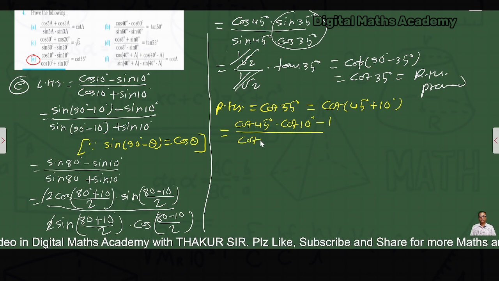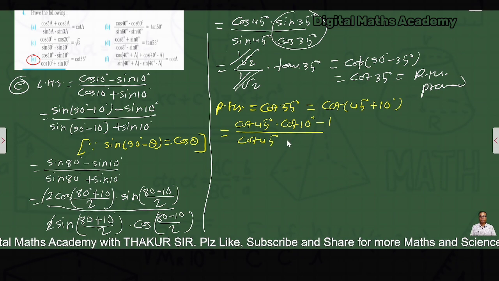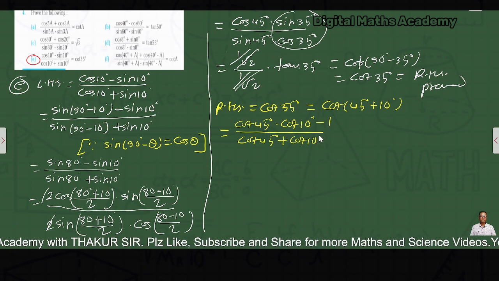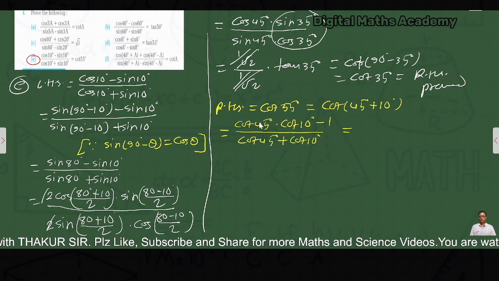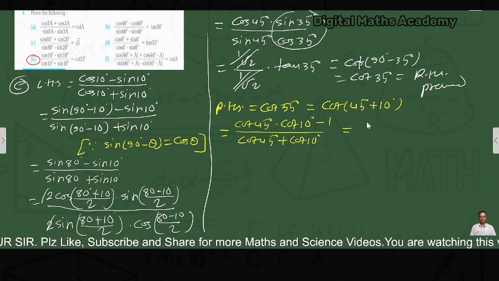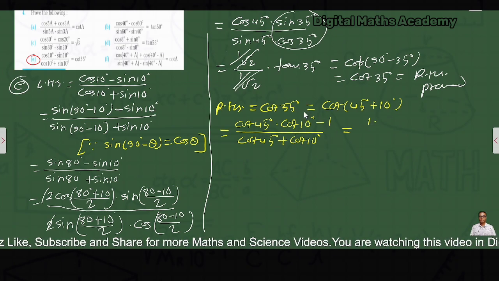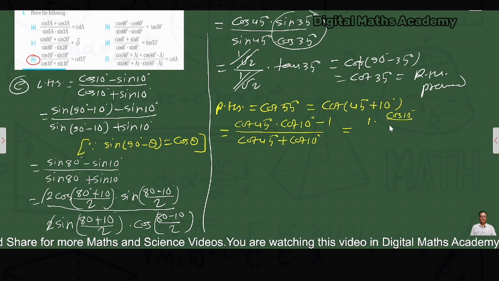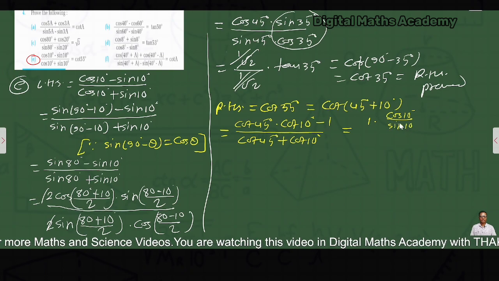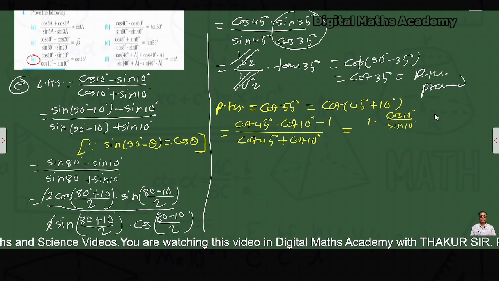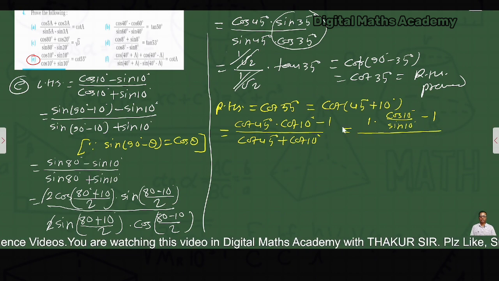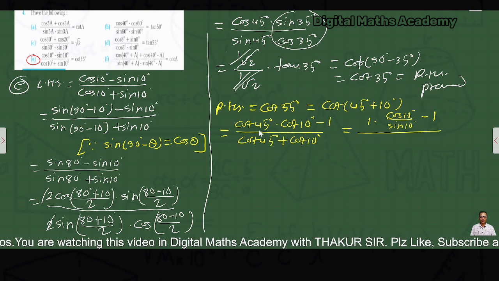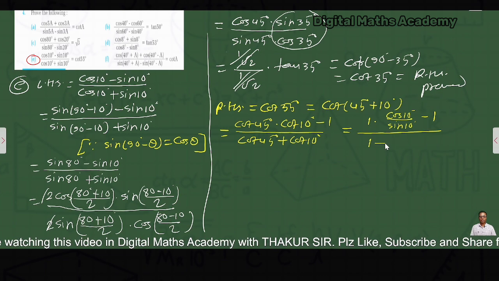So we can write here cot 45 degree plus cot 10 degree. Now here cot 45 degree gives us 1, so we can write here 1, right? And cot 10 degree means cos 10 degree over sine 10 degree, isn't it? Because cot means cos by sine, and minus 1 at the denominator, again cot 45 degree, that is 1, plus